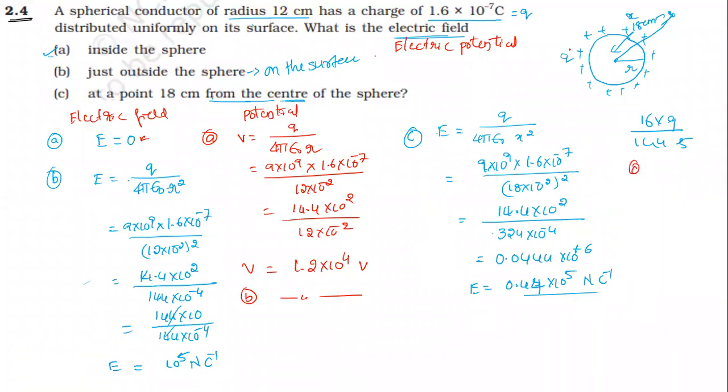C part, 18 centimeter, right? Put the value. So potential V becomes what now? Q divided by 4 pi epsilon naught. Distance, how much did you take? X, right? Put the X value. So insert and simplify this. I'm leaving it to you. So that's it.